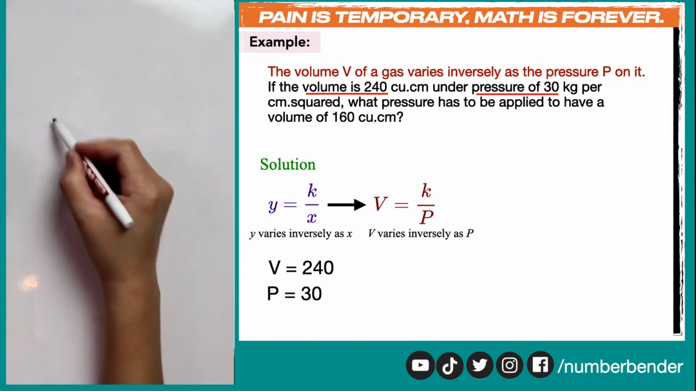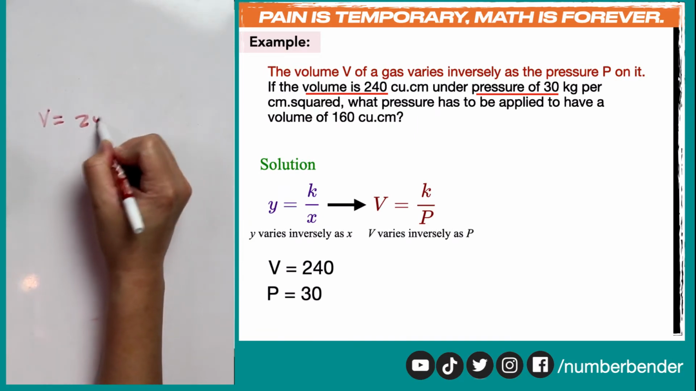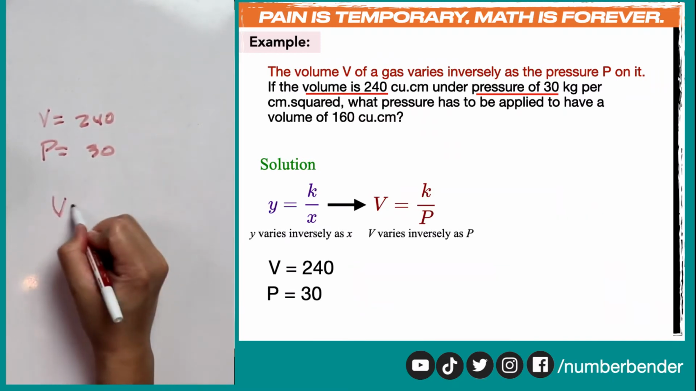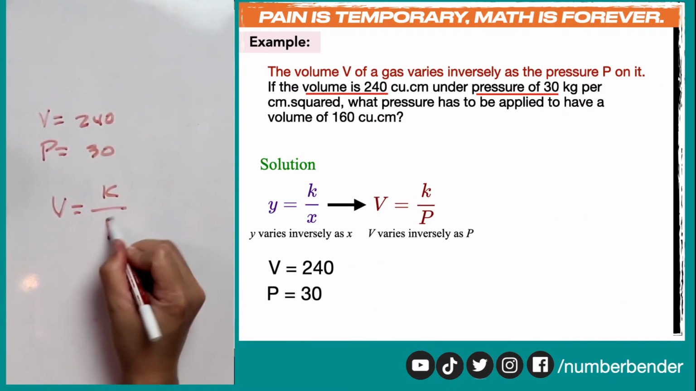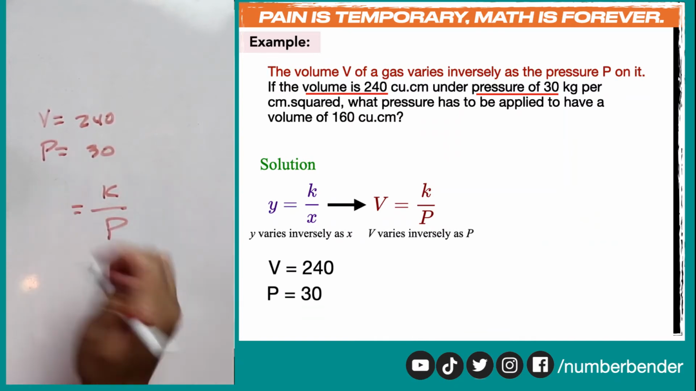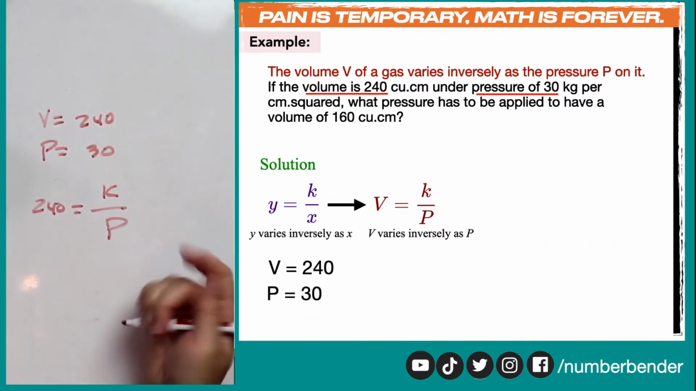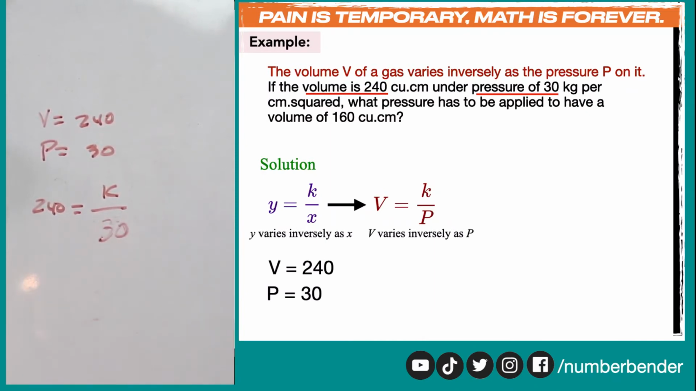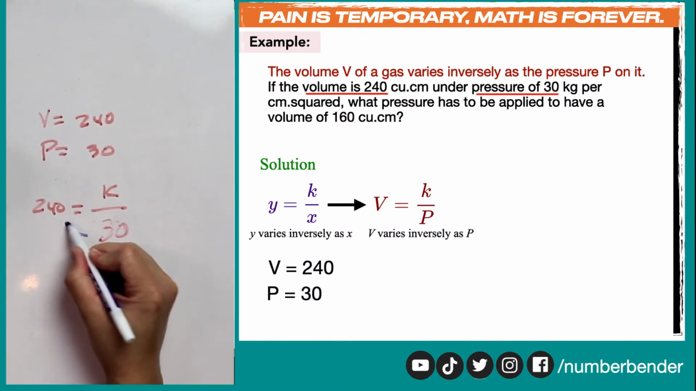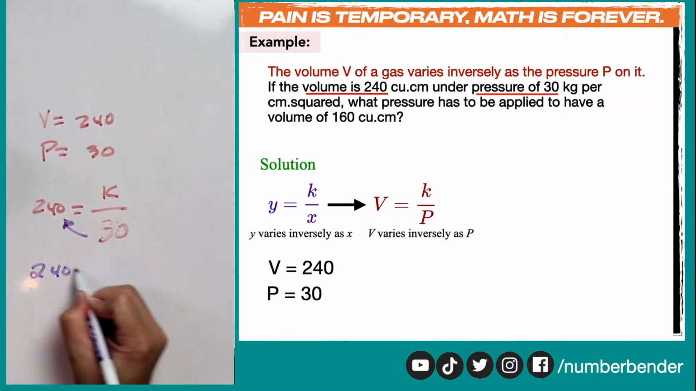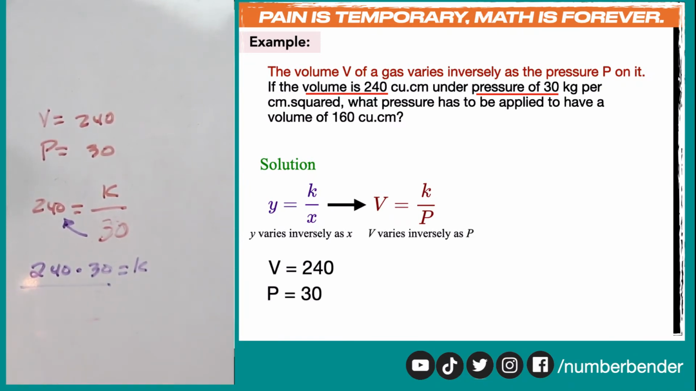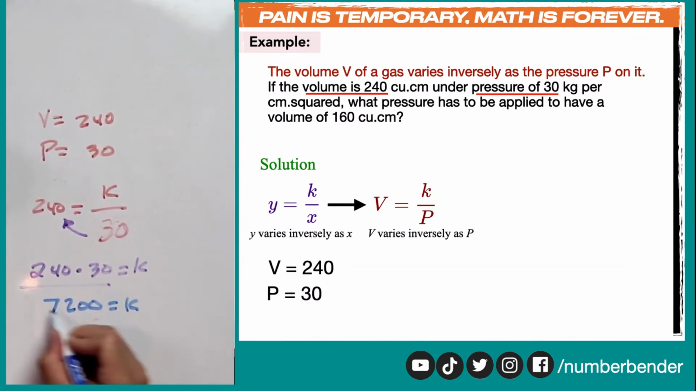problem. So since I have V equals 240 and I have P, which is 30, using V equals K all over P, I know that I can replace V with 240 and replace P with 30. And now I can do cross multiplication so I can find the value of K. So 240 times 30 is equal to K. And we know that the product of 240 and 30 is equal to 7,200, which is the constant of variation